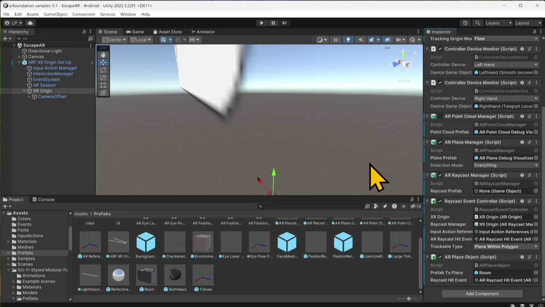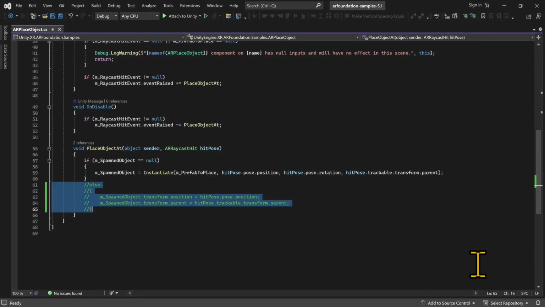So another thing that you may have noticed when you were out testing, or you saw my video when I had the red cube, is that every time I tapped on the screen, it updated the position of that cube. And that's something we don't want, because we want the player to set the room up and then just start engaging with the room. So where that is taking place is this AR Placed Objects. So if I open up this script